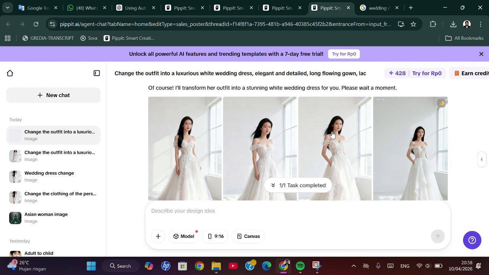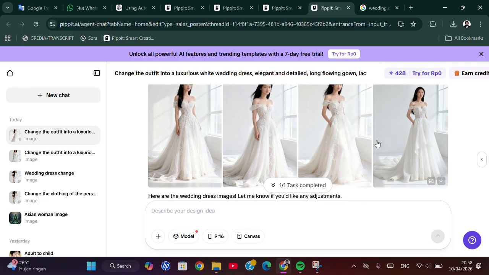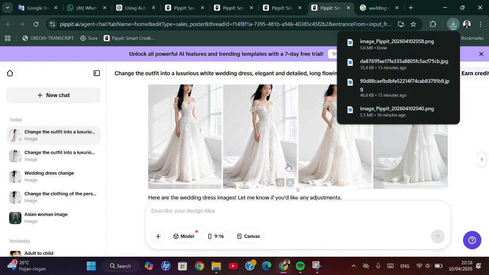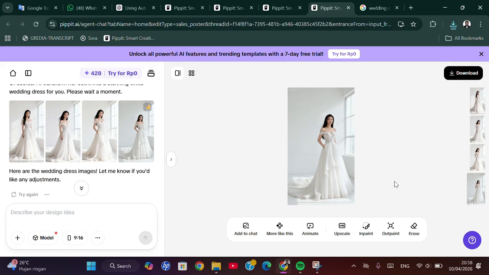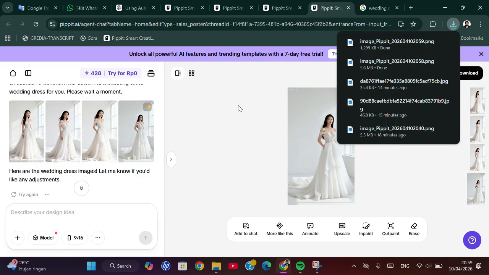Then you can choose the best one that you like. For me, I'm going to choose this one. Okay, we can click on the download and you can remove the watermark like this. I'm gonna download this one as well. Okay, that's super easy. Okay guys, and that's how you can change your outfit into anything with AI for free